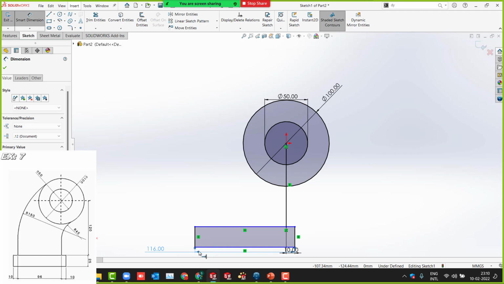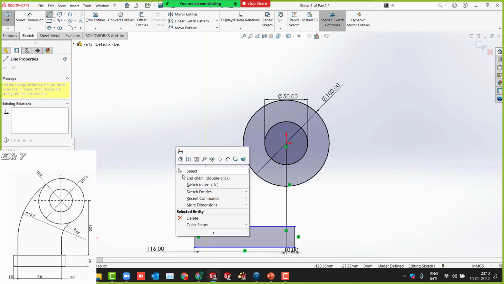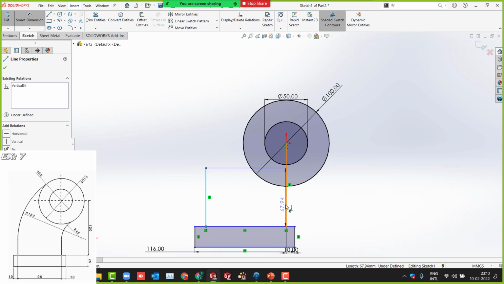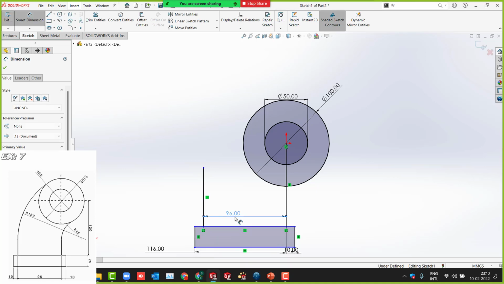And then I need to draw one more line right here. Simply I'll draw like this. And then between these two, how much is the distance? 96. Okay, we are done up to here.